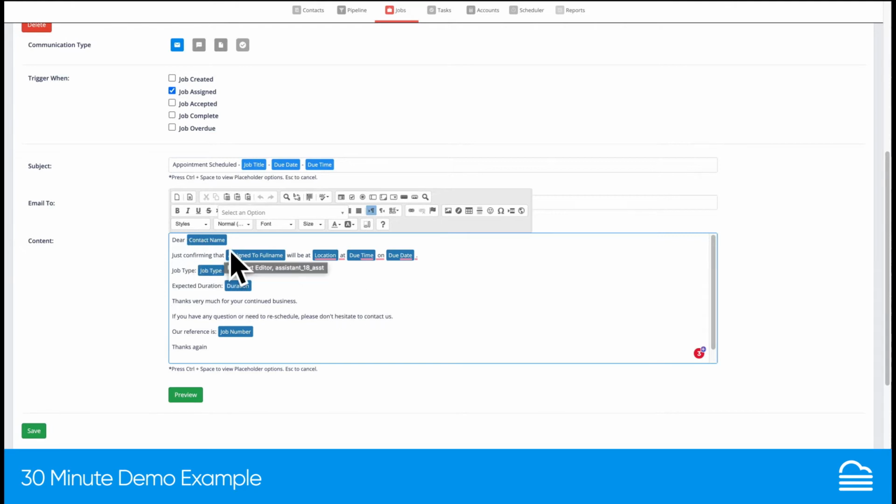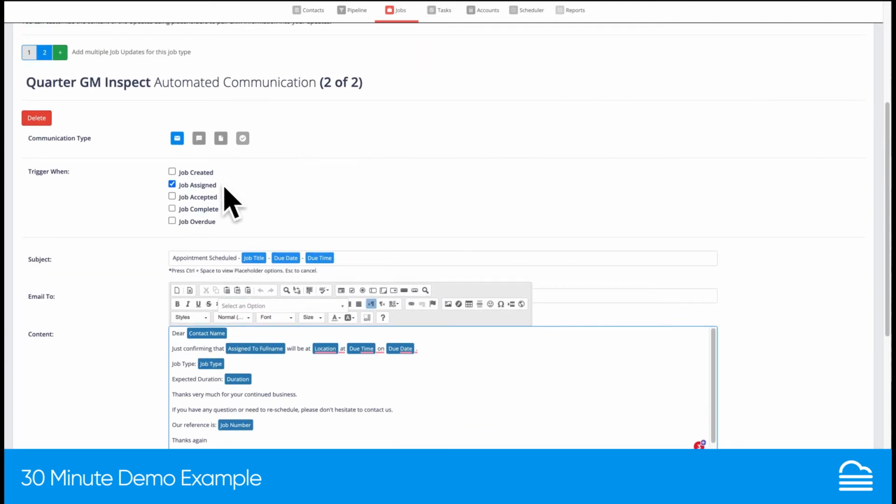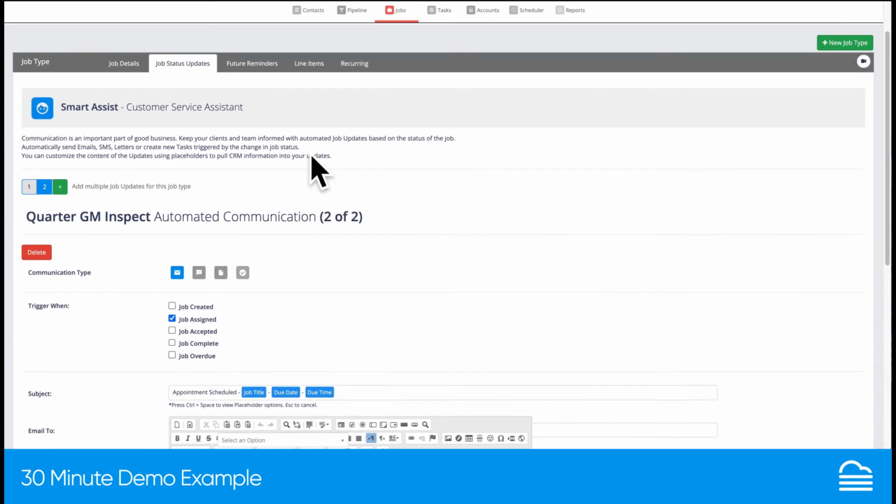So here you can see it says, Dear customer name, just confirming that the assigned to full name will be at the location at the due time on the due date. The job type is, and this is the job type. So it's pulling in that placeholder information to customize the wording for that particular email. And that's when the job is assigned. By having another one, I can add it when the job has been accepted or completed and so on. And again, I can send emails, SMS messages, create letters, or create internal tasks as the job moves through those